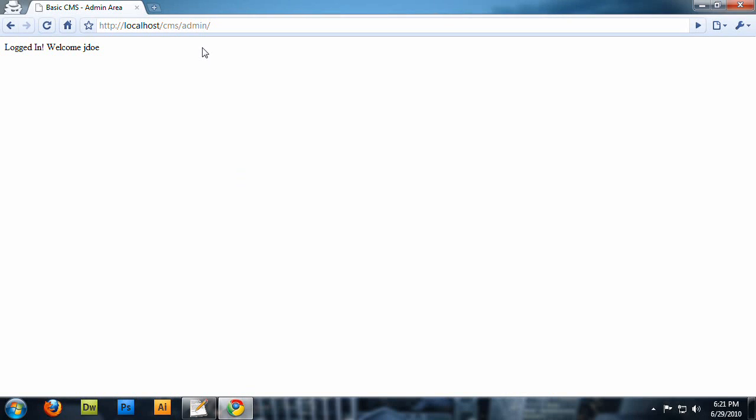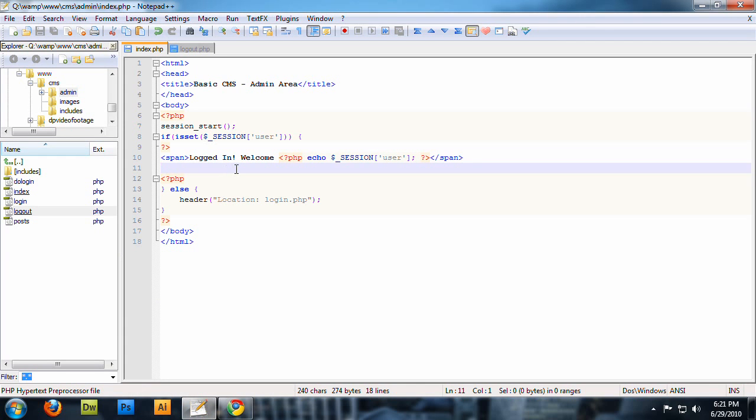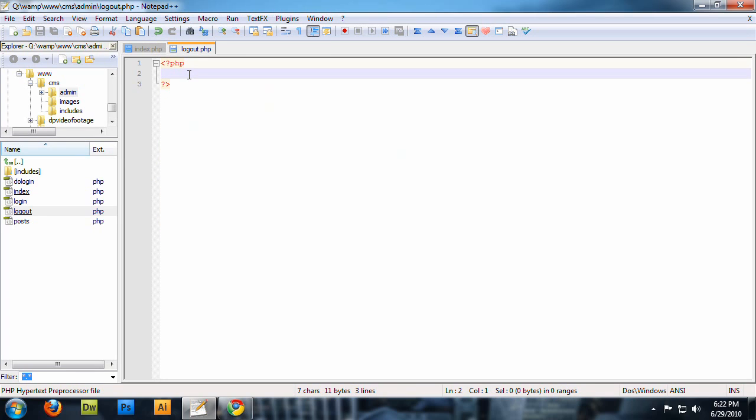So where we left off last time is we log into our admin area and we see a message that says logged in, welcome username. The first thing we're going to do is add the logout link. We're just going to type in this code right here, just a link, and then we're going to go to our logout.php page and add the basic PHP brackets, and we're going to type inside of it